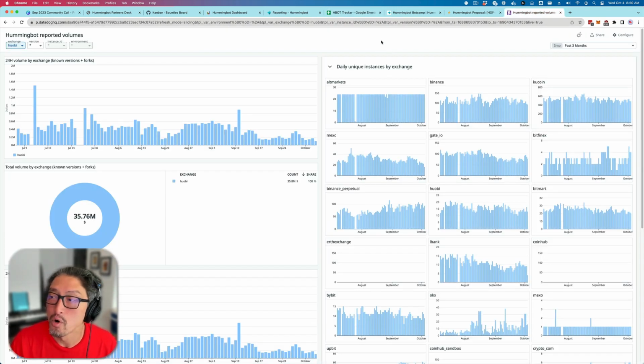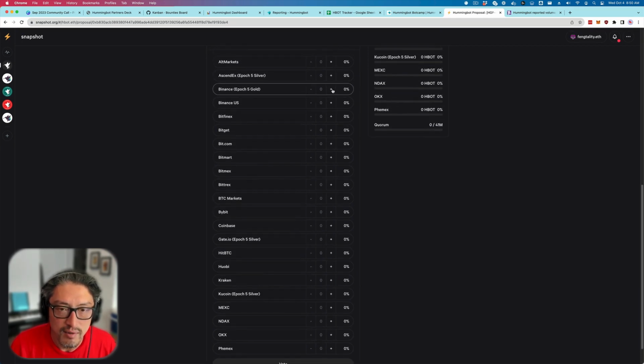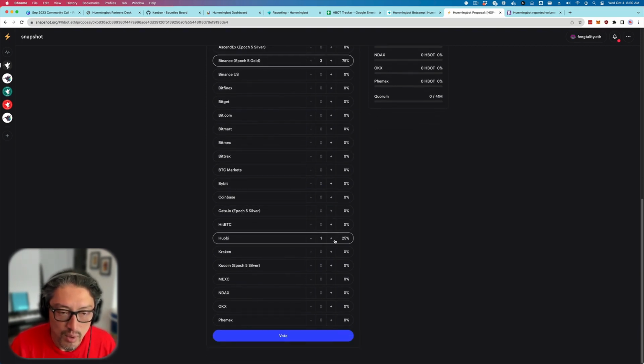I'm actually going to vote Huobi into the silver exchange category here this time, so that we can invest more resources into creating content, maybe fixing bugs and improving the quality of that Huobi connector. So I'm going to vote for Binance as my top one. So I'll give maybe 3 points to that one, and then I'll give 1 point